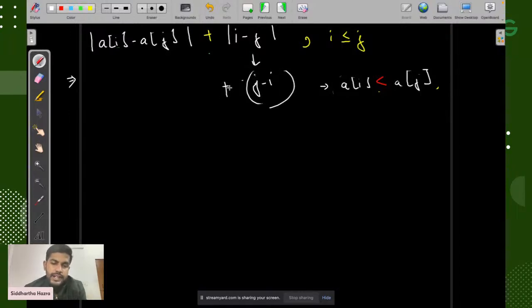And we would have this value because we definitely know that j would be greater than i. Now we have this side. If we have this side,